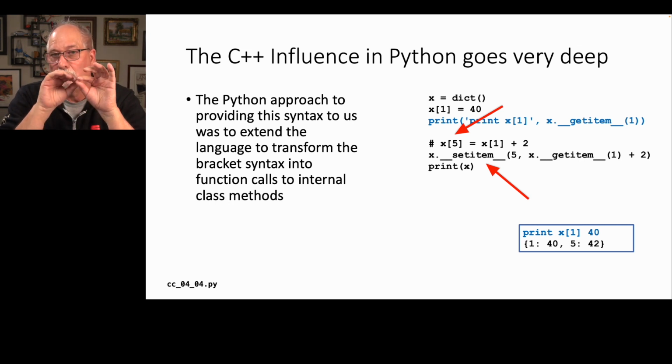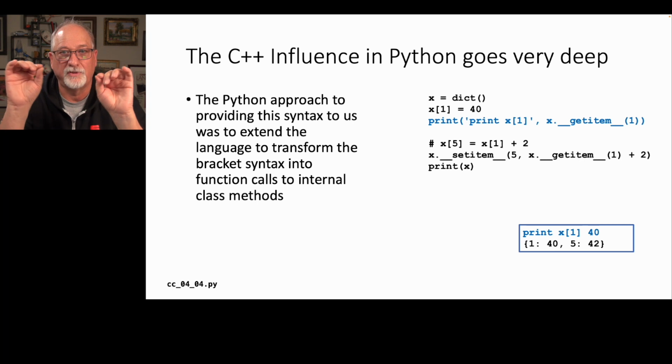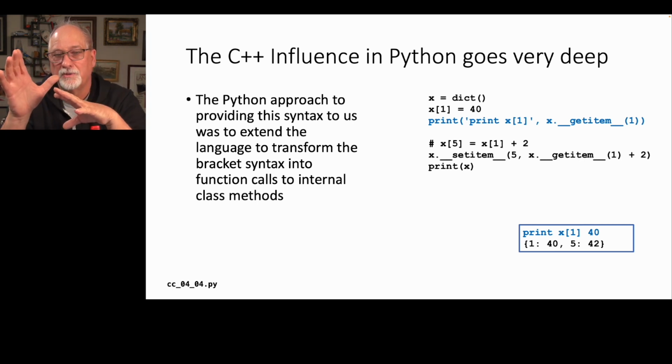So this means that there was no need to return references, no need to process references, none of the hoops that C++ went through. And so you see that Python did not choose to implement the way C++ did, but they supported the very elegant syntax. And then you'll see that Java in 1995, or 94, takes it one step further in that they're not even going to give you that cool syntax. They're like, no, we're going to say just do x.put and x.get and call it good. If you know that x is an object and you need to do a get and a put, do the get and the put. We're not going to do this little syntax transformation that makes it pretty.